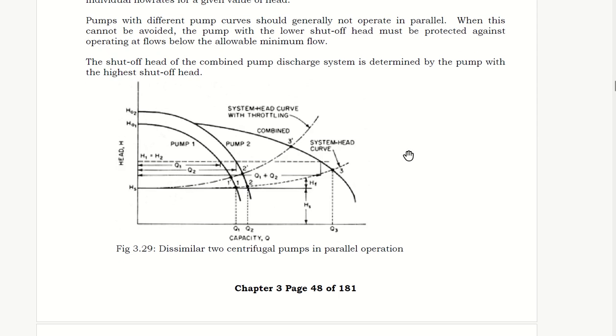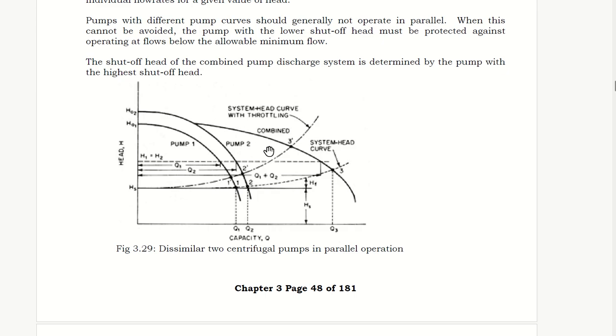And you can see in this curve that the shut-off head of the combined pump discharge system is determined by the pump with the highest shut-off head, which means that you can see this is pump 1 and this is pump 2. These are the individual pump performance, the H-Q curve of the centrifugal pump. This is pump 1, this is pump 2, and you can see the combined head basically is where you can see